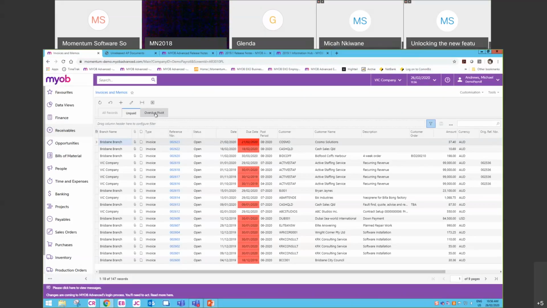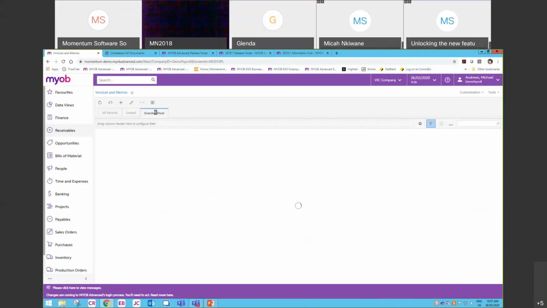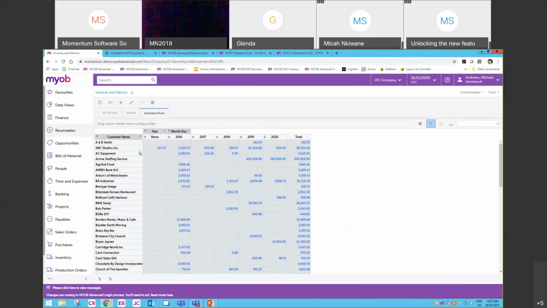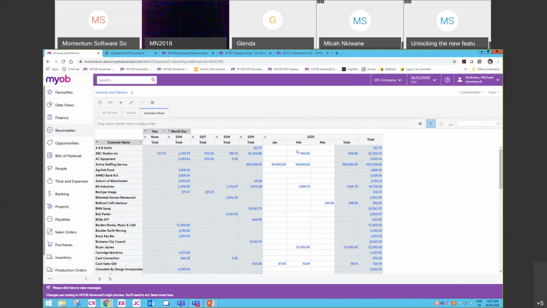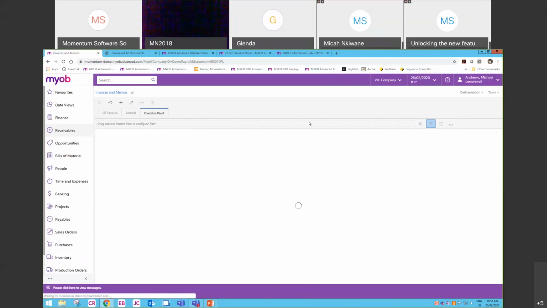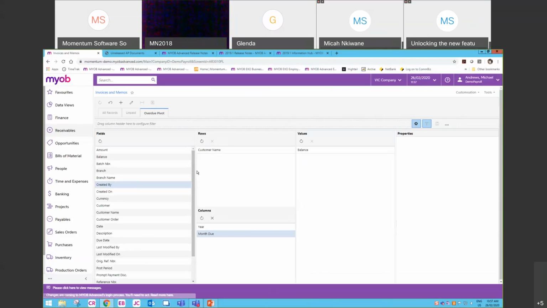And also on this accounts receivable, I've done another pivot table, which is kind of like an aging. So it's unpaid invoices based on the month and year they were due. So if we have a look at that pivot, not too complex. I'm not a techie. I do simple ones. So I've grabbed customer name, similar to the sales one, where I've grabbed the due date